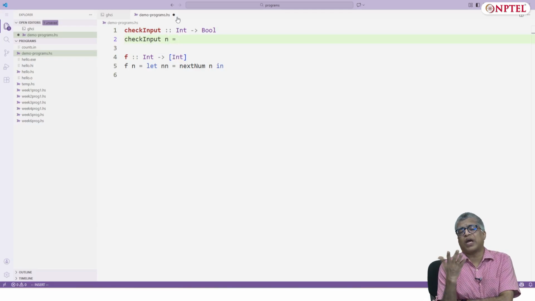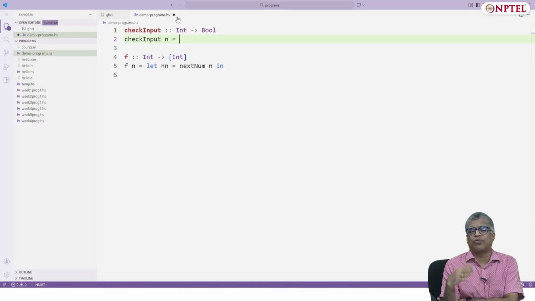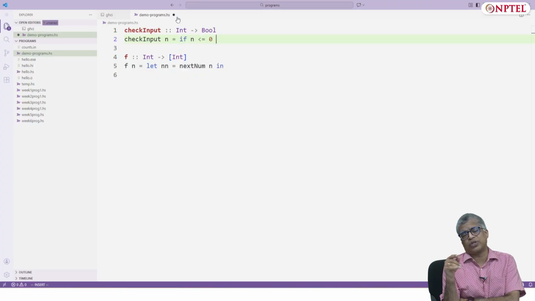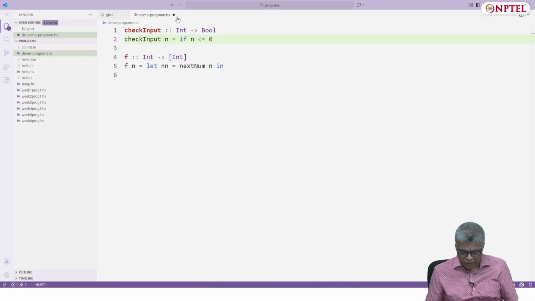Firstly, if it's negative or if it has more than 4 digits, you are going to reject the number. If n is less than or equal to 0, even 0 is not accepted, because 0 stretched to 4 digits is 0 0 0 0, and all 4 digits are the same. We don't want that.